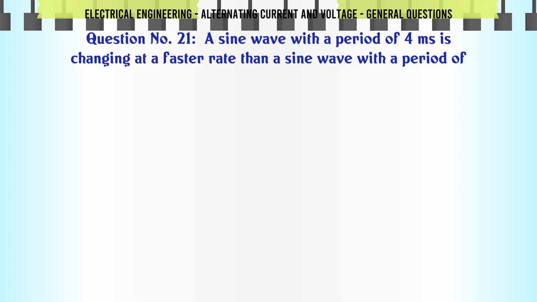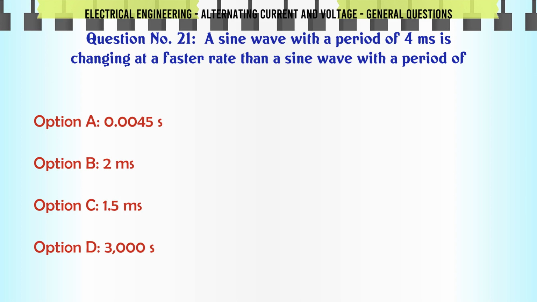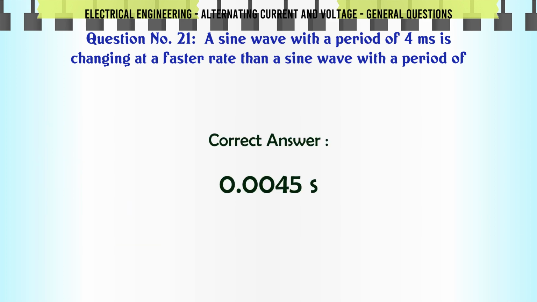A sine wave with a period of 4 ms is changing at a faster rate than a sine wave with a period of: A, 0.0045 s; B, 2 ms; C, 1.5 ms; D, 300 s. The correct answer is